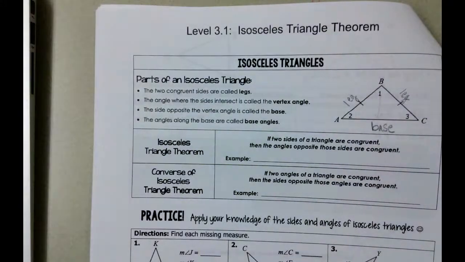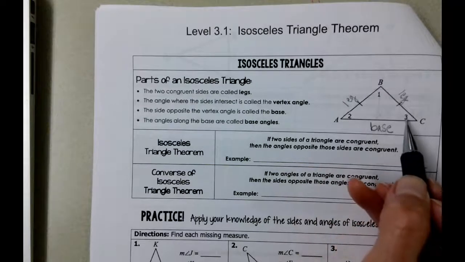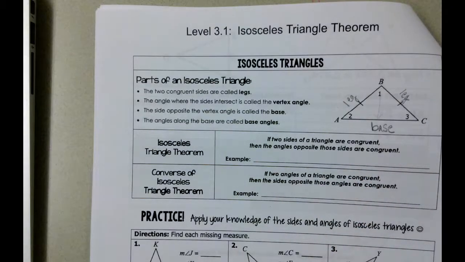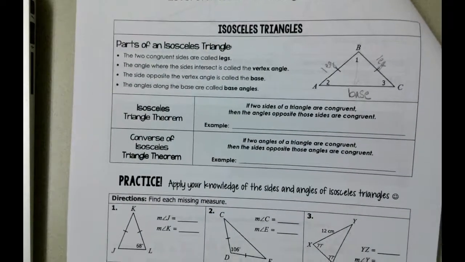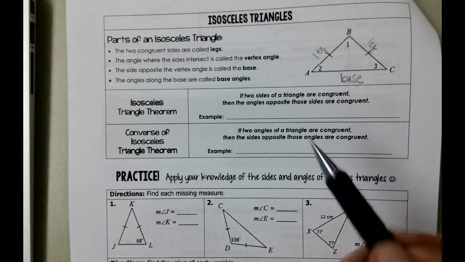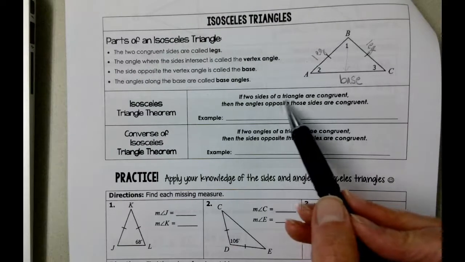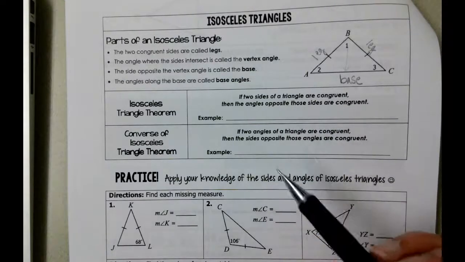And the angles along the base are called base angles. So angle 2 is a base angle, and angle 3 is a base angle. So let's take a look at the isosceles triangle theorem here. The isosceles triangle theorem says if two sides of a triangle are congruent, then the angles opposite those sides